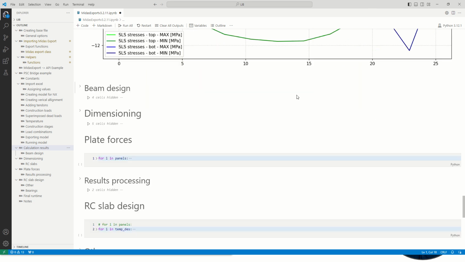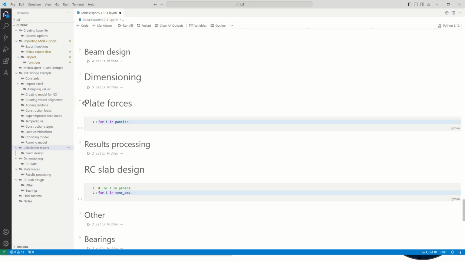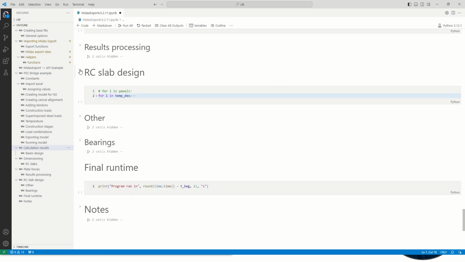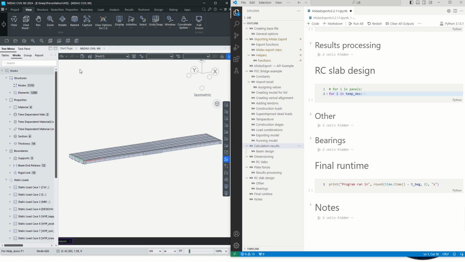And going back, with beam design and plate forces, one of the good things about the API is it's not limited to just models that have been created. This can also be used to develop tools for models that have already been calculated. For example, within an office you could have a standard layout set of load combinations, naming, and standardization, and then it's very easy to develop tools that communicate directly to MIDAS Civil, import all the information from there, and do some extra work or combinations or pull out various values. So here as an example for slab design,